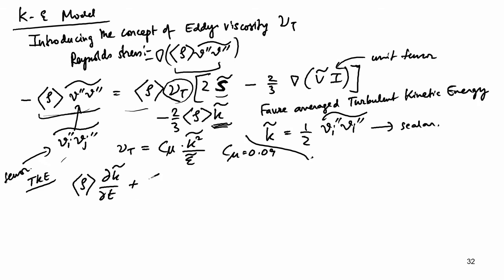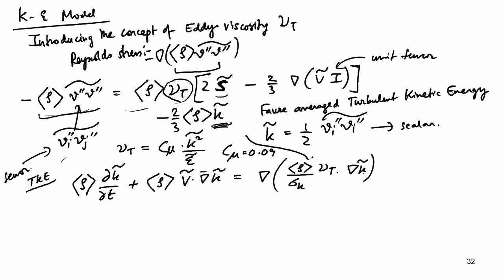On the left hand side we have the transport of k, which is equal to mean density, Reynolds averaged sigma k, essentially a model constant, times nu t grad k tilde